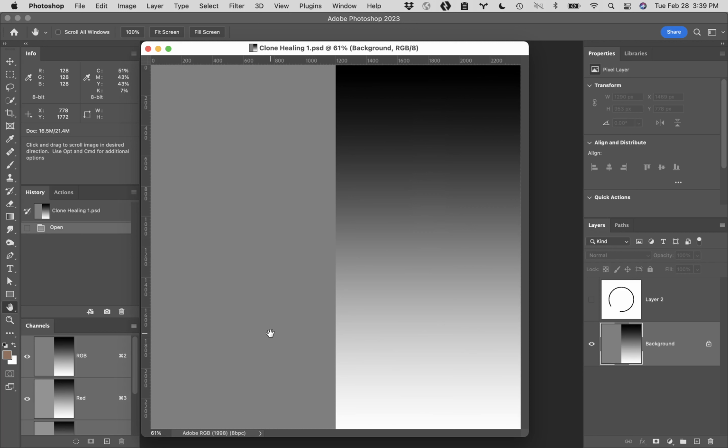The healing brush, does it like fixes from around to the... Instead of suffering through this right now, I'm going to show you what the difference